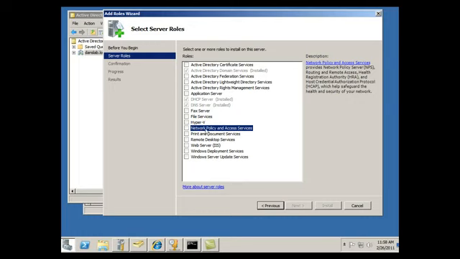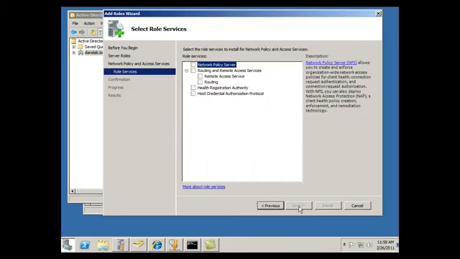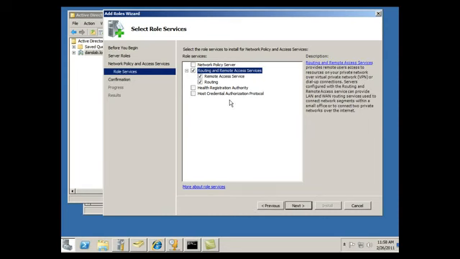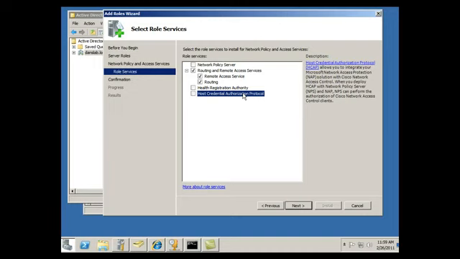If I click on this one, Network Policy and Access Services, you see it provides Network Policy Server, NPS, which I'm going to need for my policies for clients to connect to my remote access server, and routing and remote access. Okay, that looks good. So I'll click on that, hit next, and role service. Select the role services to install for Network Policy and Access Services. So I'm going to want routing and remote access services, host credential authentication protocol,